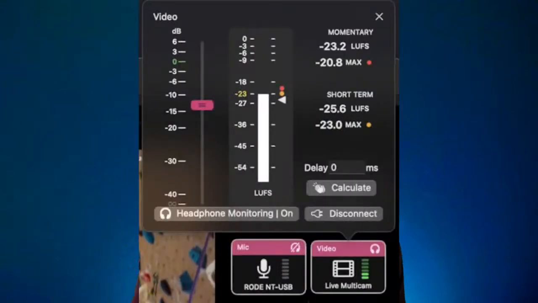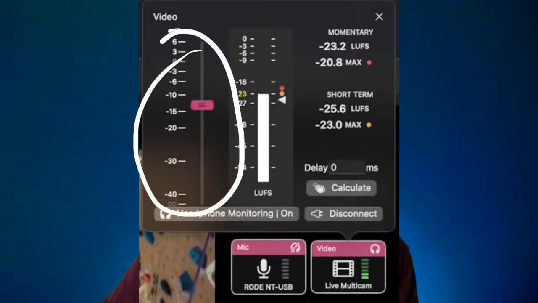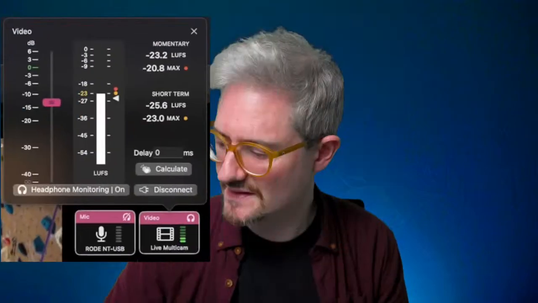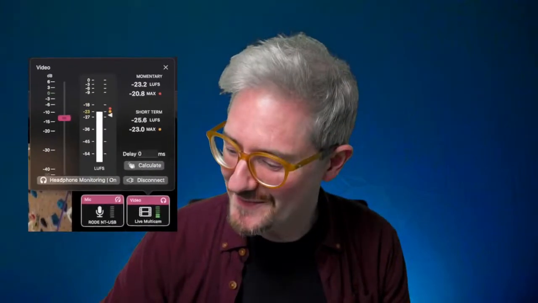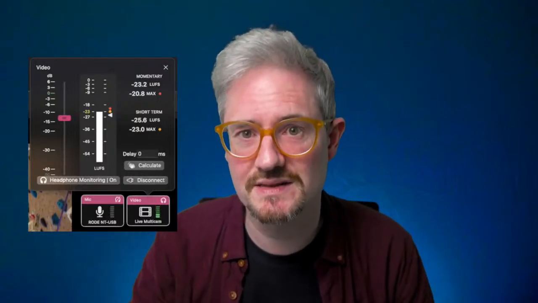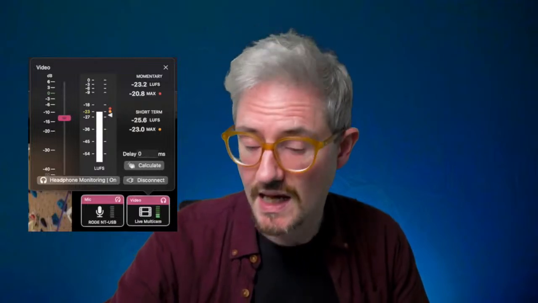The pink bar gives you some more settings, so that gives you your volume control again, and you can see your LUFS. Usually the green is for speech, but sometimes you might want the video to be quieter, so you might pull it down so it's more in the grey. But you can also, did I say this? Yeah. Also with that, if I just share this again,